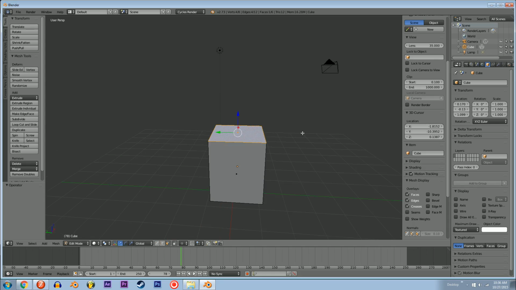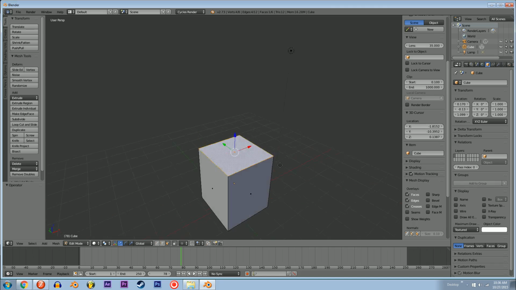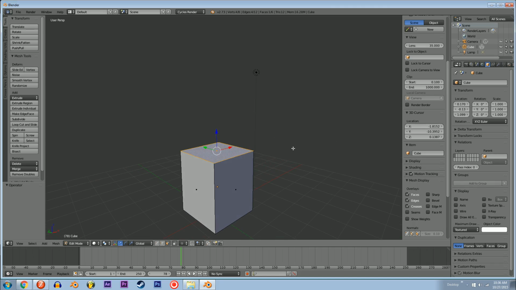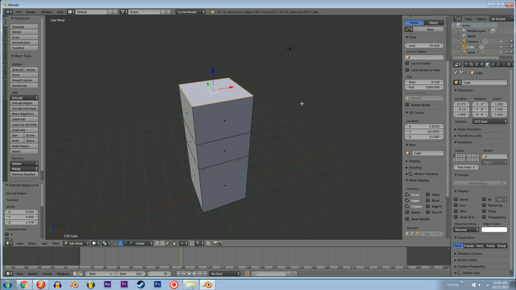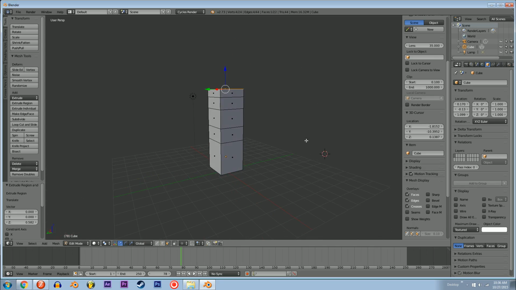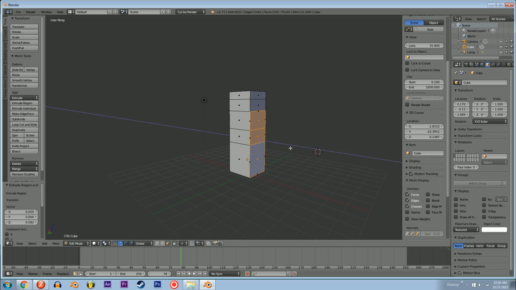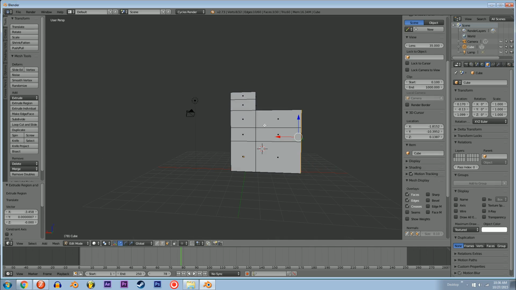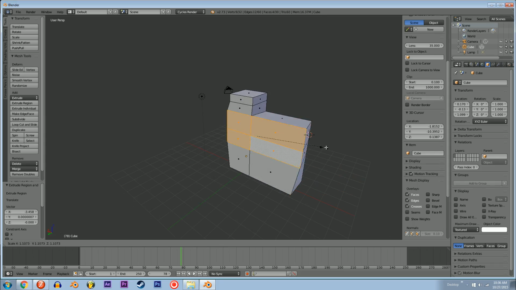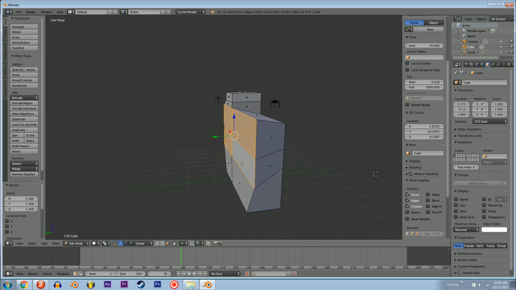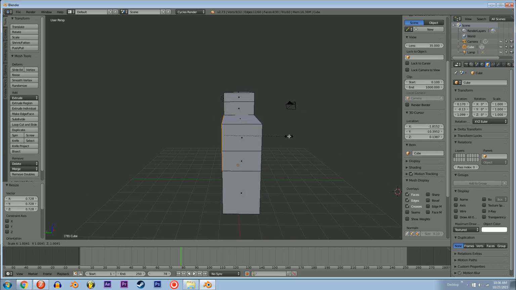Then you got extruding, so if you have a face selected or an edge, you can hit E and it'll automatically extrude it perpendicular to its axis, and if you left click, it'll make the extrusion permanent. E again, E again, E again, all that. Well, E, left click, just like that. If you want to select multiple faces, you just right click it, hold shift, right click another one, just like that. E, extrude it. You want to maybe scale multiples? Just use S, just like that. You want to scale the whole thing? Well,